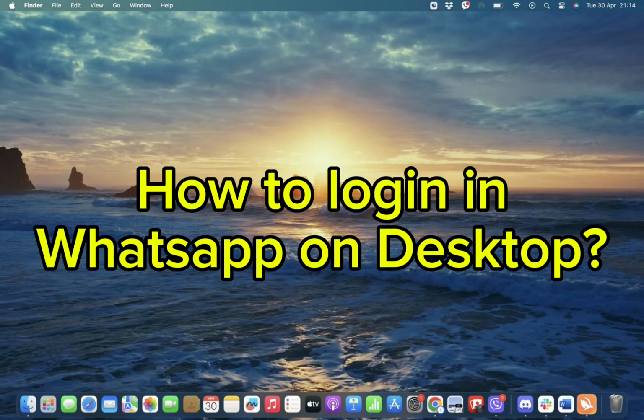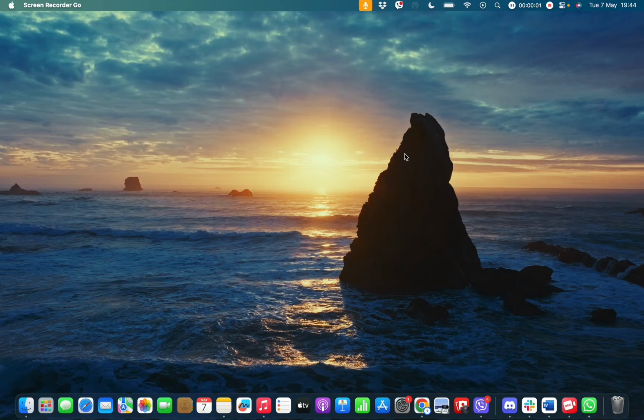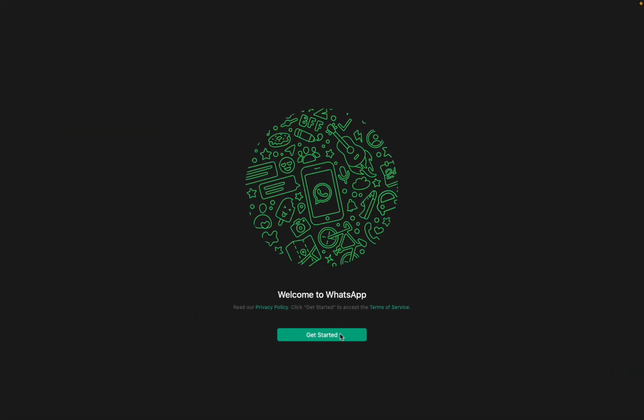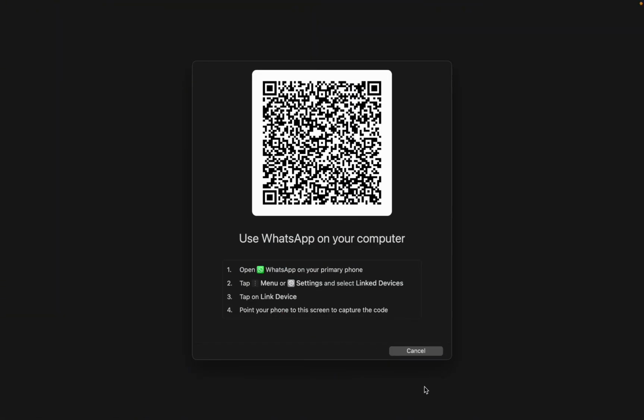So first of all, you need to open your WhatsApp app on your desktop or MacBook if you're using one. Once you open it, tap on the get started option and then you will receive a QR code on your screen. So now all you need to do is simply open WhatsApp on your mobile phone or